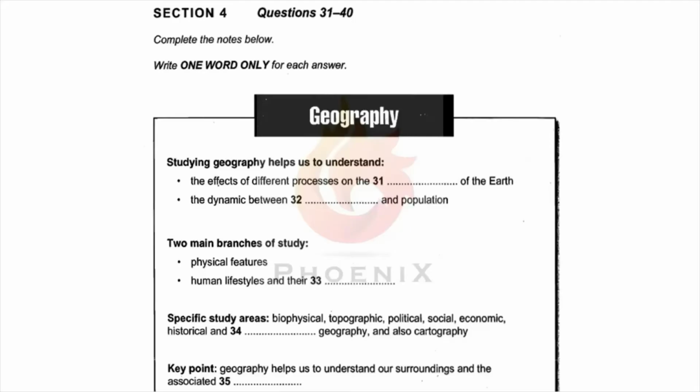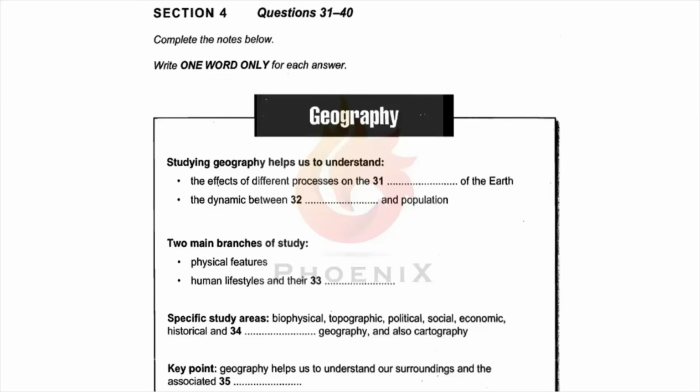Okay, we like to think of geography as having two main branches. There's the study of the nature of our planet, its physical features, what it actually looks like, and then there's the study of the ways in which we choose to live and of the impact of those on our planet. Our current use of carbon fuels is a good example of that. But there are more specific study areas to consider too, and we'll be looking at each of these in turn throughout the semester. These include biophysical geography, by which I mean the study of the natural environment and all its